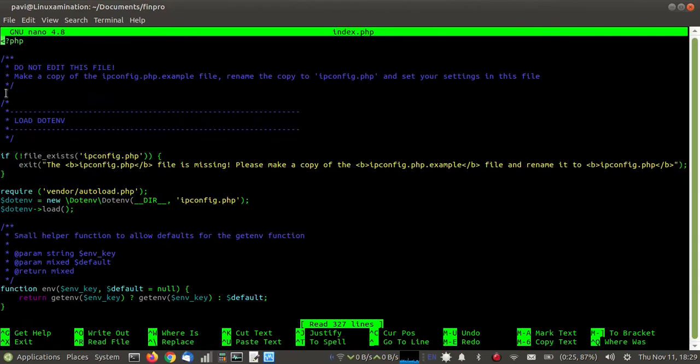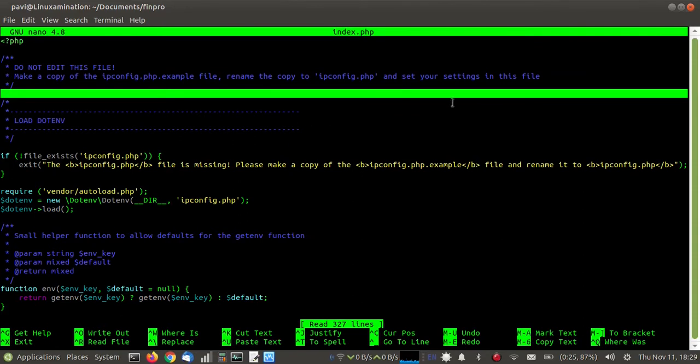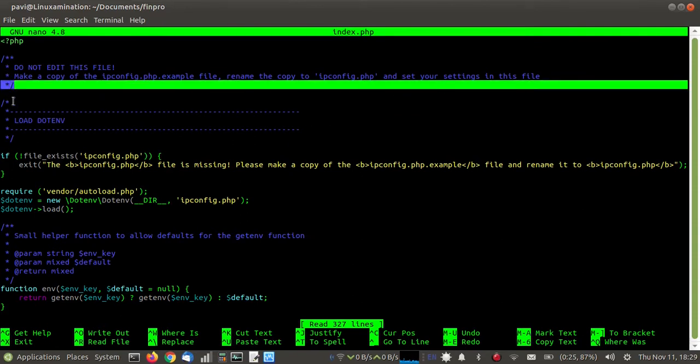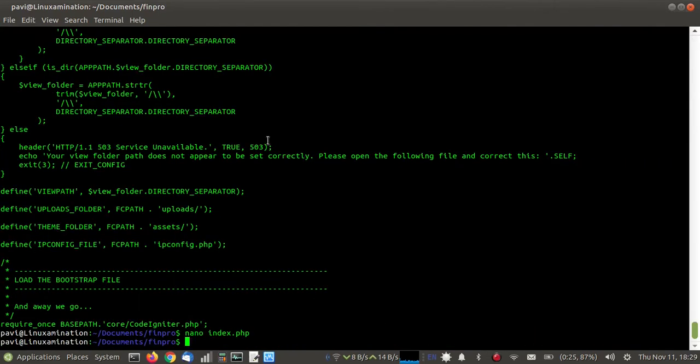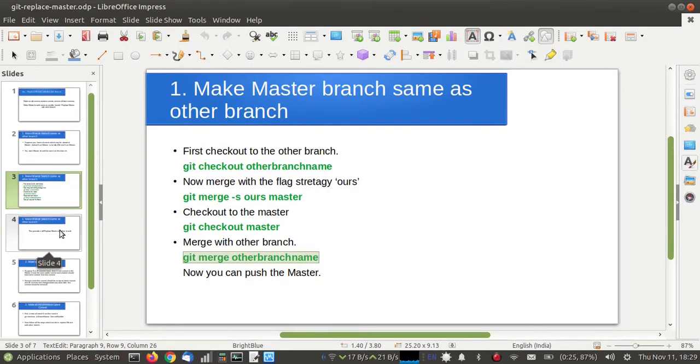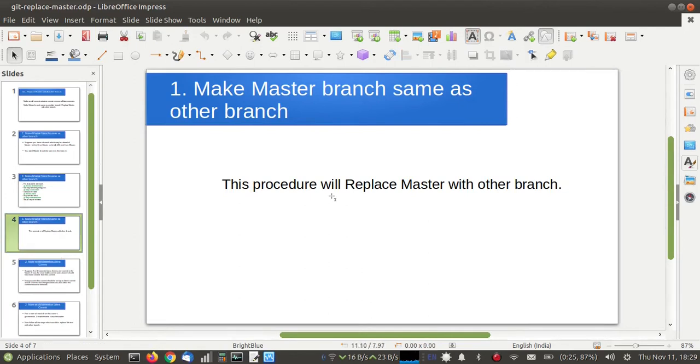You can see the file has been cleaned again. That change has been removed. So this is one method where you can make your master branch the same as another branch. This procedure will replace master with the other branch.